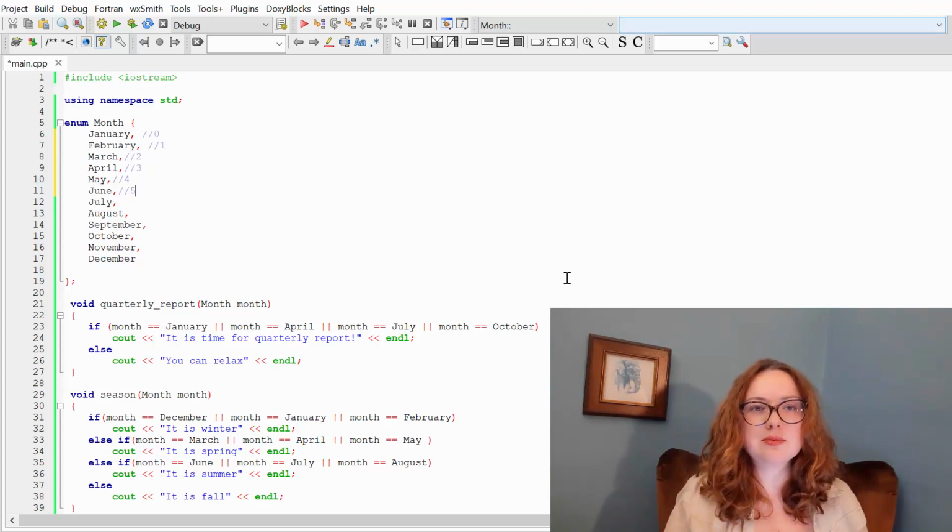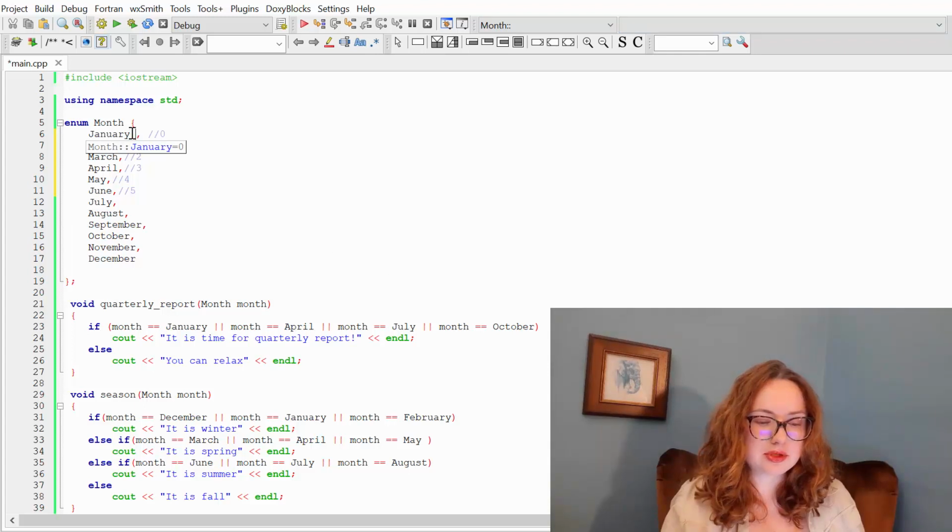So when you declare an enum, the compiler assigns to these integers 0, 1, 2, 3, and so on the names you set in the enum collection, January, February, March, and so on. But the good news is that this assignment 0, 1, 2, 3, and so on, is a default assignment, and you can change it in the way you need. For example, if I want January to correspond to the integer 1, I'm going to write in my enum collection January equal to 1.